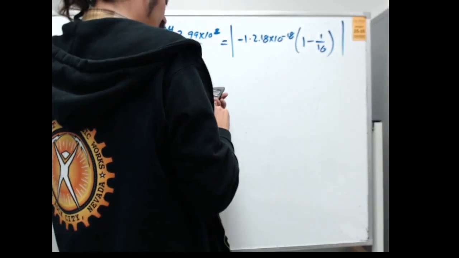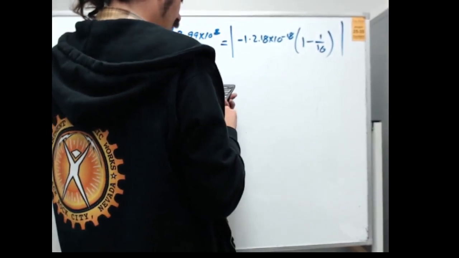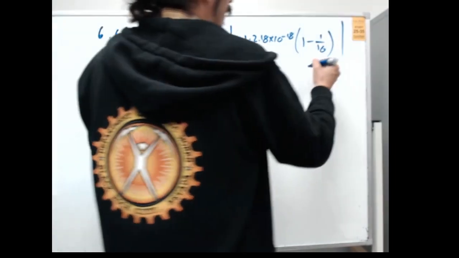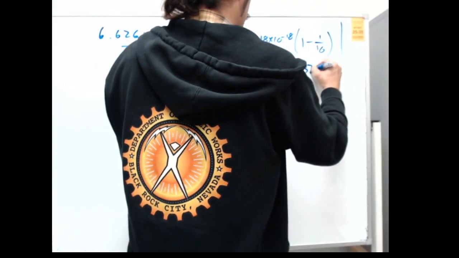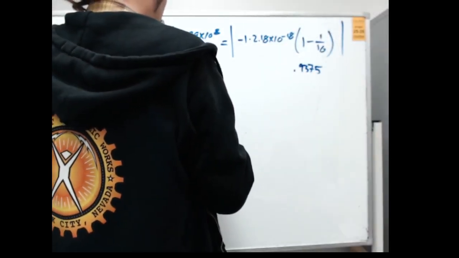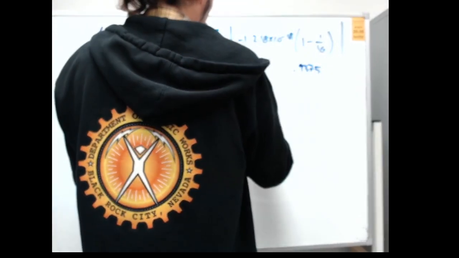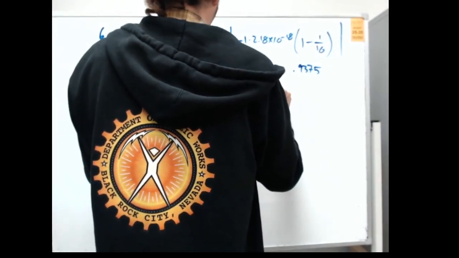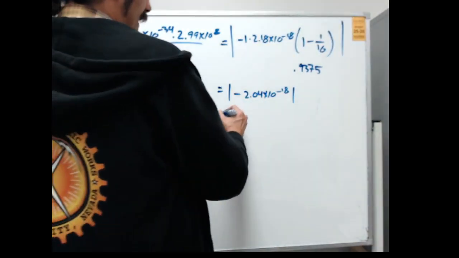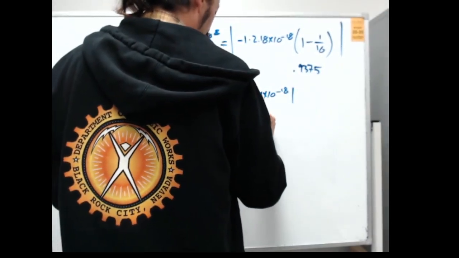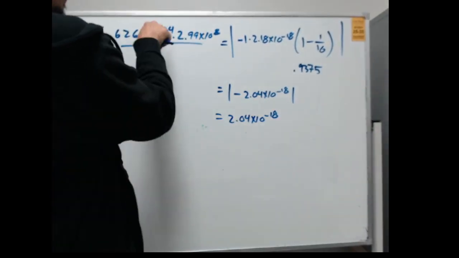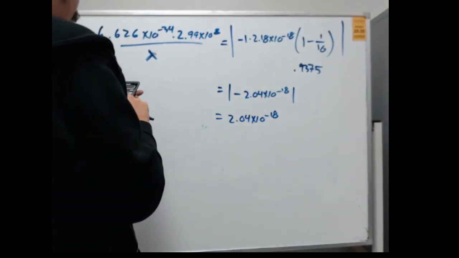So if I do 1 minus 1/16, this fraction becomes 0.9375. Multiply that by 2.18 times 10 to the minus 18, and I get -2.04 times 10 to the minus 18. Absolute value is just going to get rid of that negative sign, so I get 2.04 times 10 to the minus 18. Multiply my numbers up top together, 6.626 times 10 to the minus